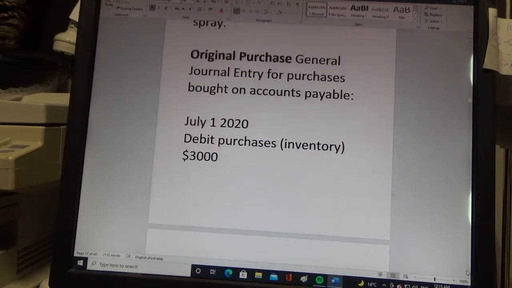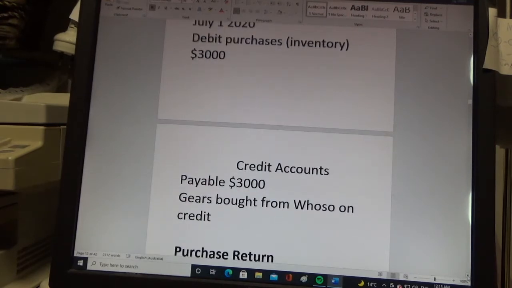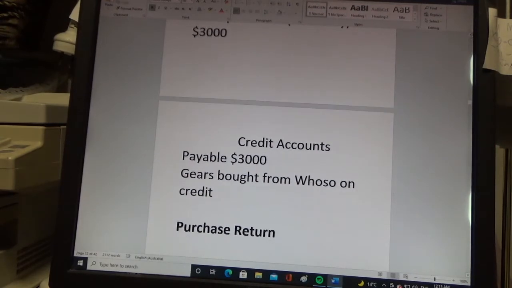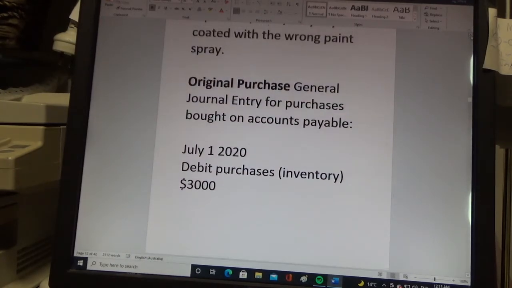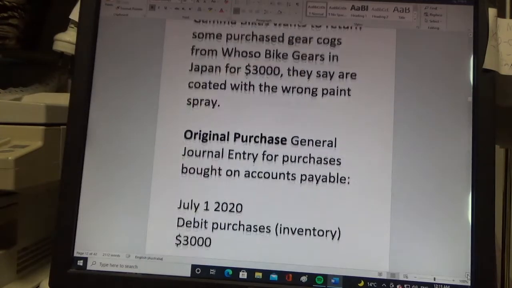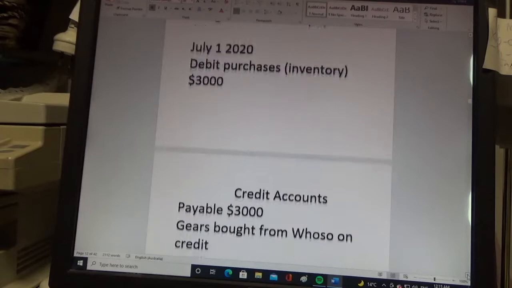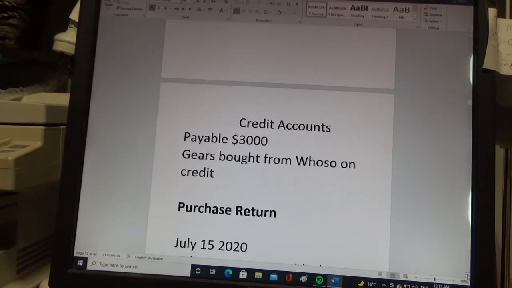That was the original transaction. But the company, which we said is Gamma Bikes, again, they want to return those from Hoso in Japan because of the wrong